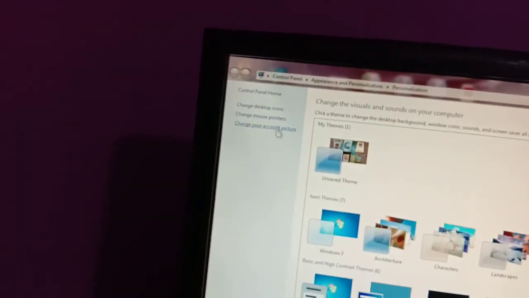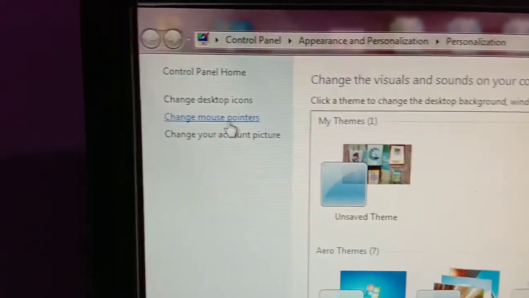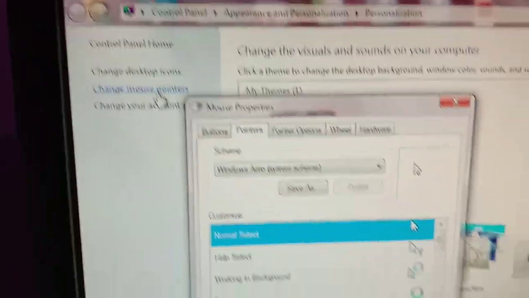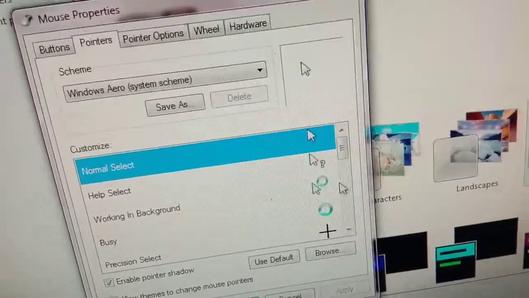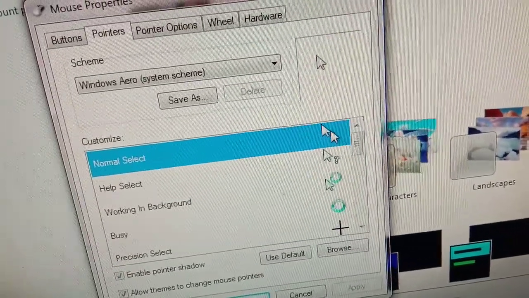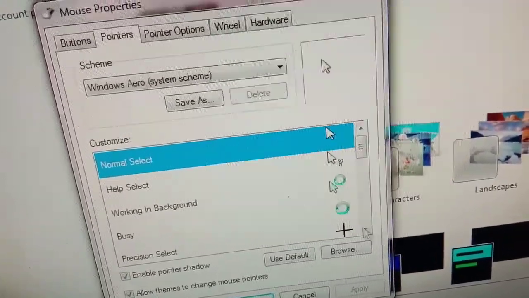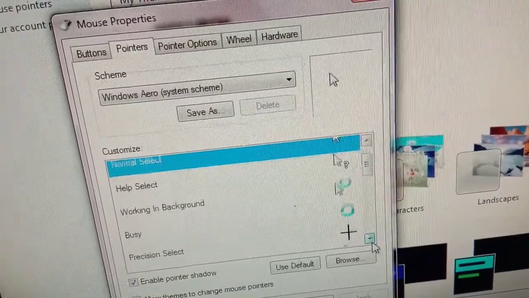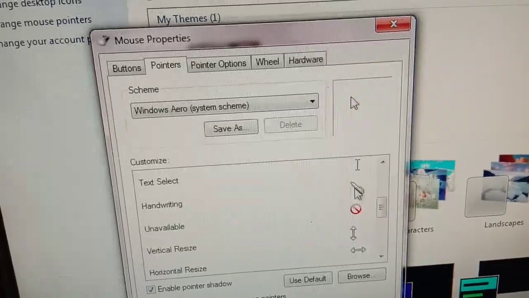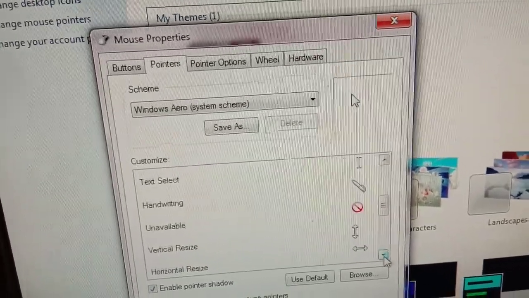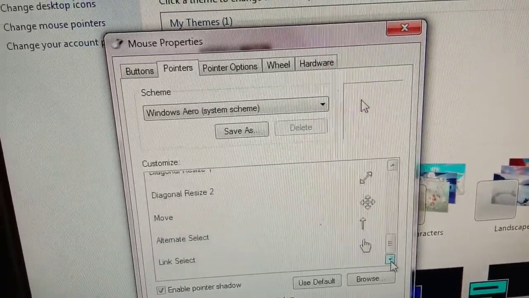And so many things you can change, like the mouse pointer. There are so many options. Normally it is like this, next it is like this. You can customize your icon. You can change your icon, just like you can have the icon of a pen. You can change these icons.